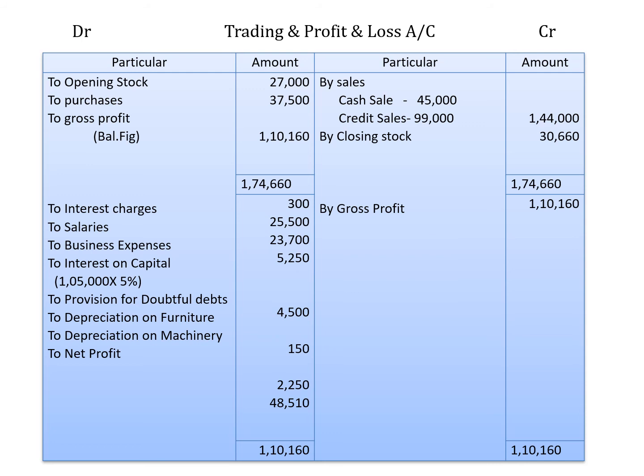And here, coming to the debit side, we are not given any direct expenses. So we don't have any direct expenses to record in the trading account. So let us close the trading account here with opening stock, purchases, sales and closing stock. Opening stock and purchases go towards the debit side, sales and closing stock towards the credit side. When you balance the account, you get 1,74,660 as the total.